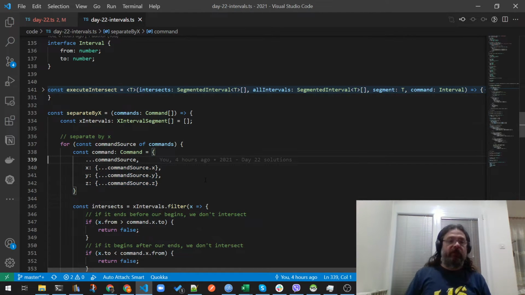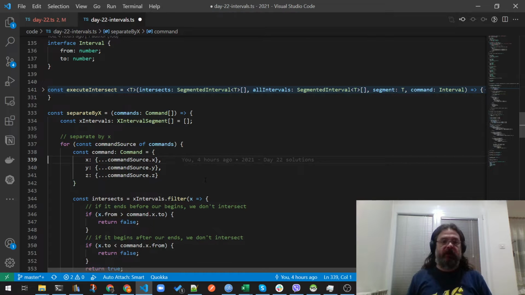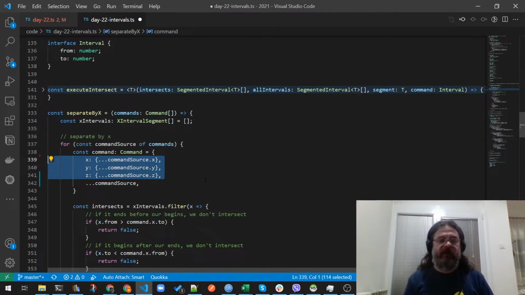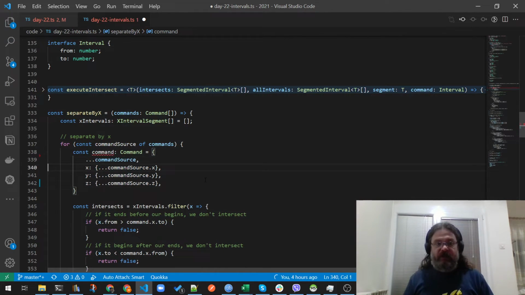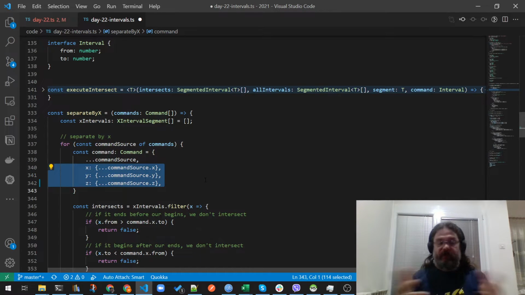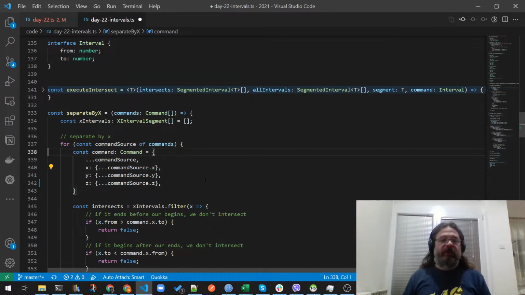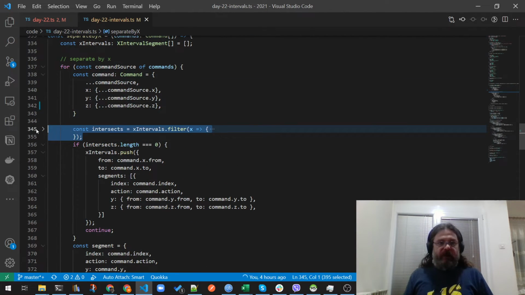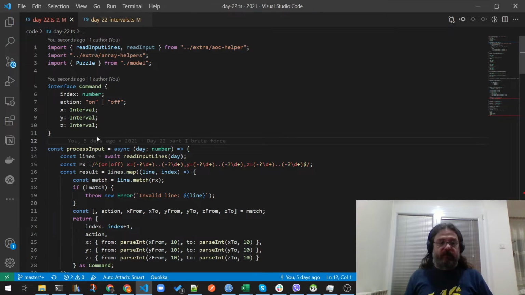And you know what the simplest way to do that is? It's this. If you add the destructuring at the end, this will basically negate everything I've done before. So never do this. If you're doing destructuring with benefits, so to say, always destructure your source object first. So after that, for each command source,